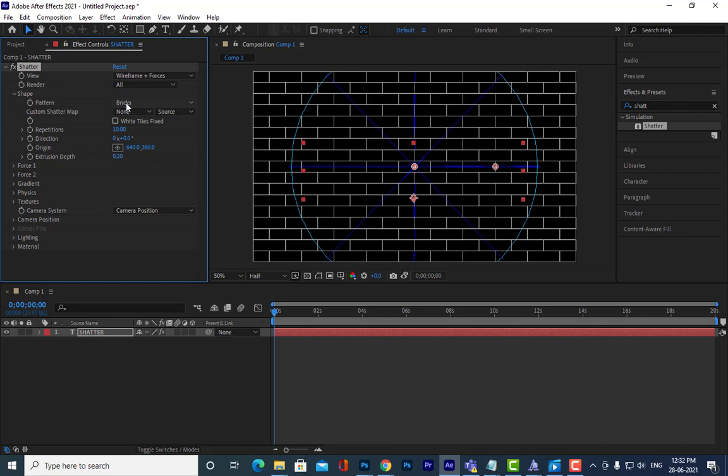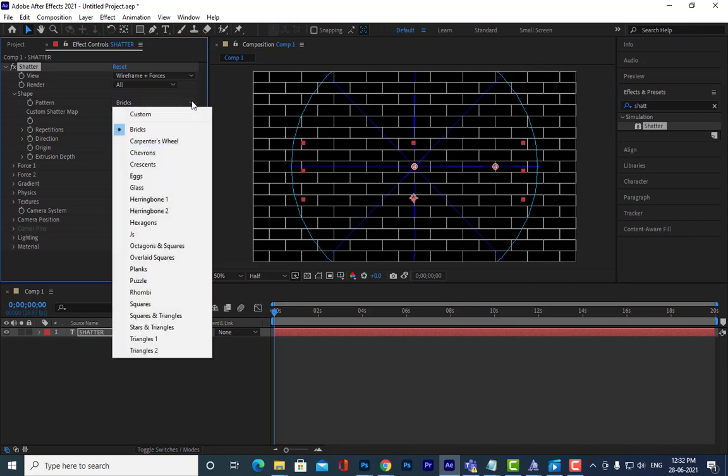When the option is bricks, you can see these bricks falling. Are you all getting my point? The pieces appear like bricks.